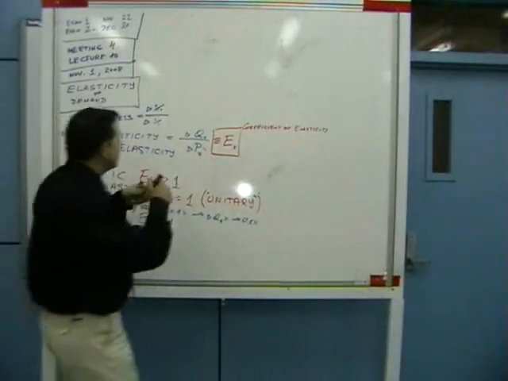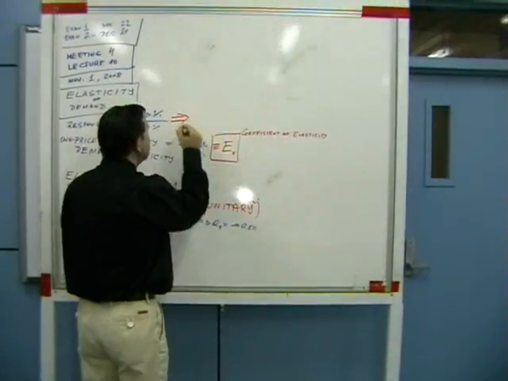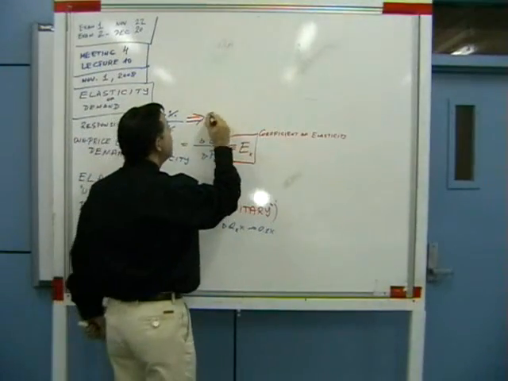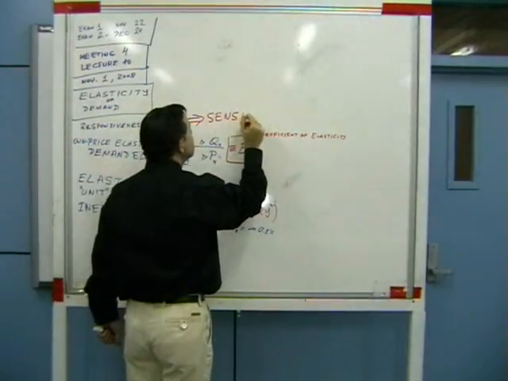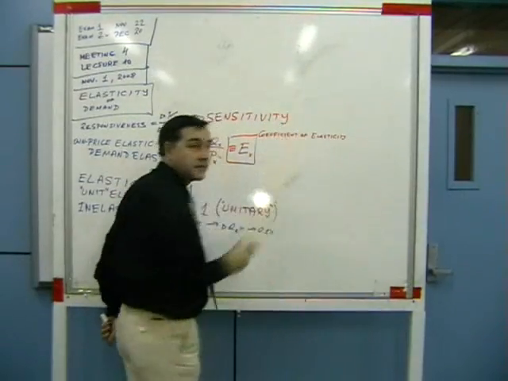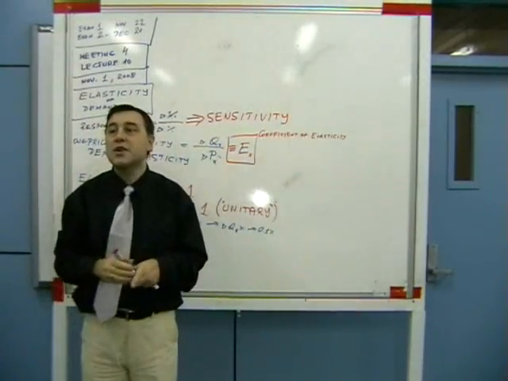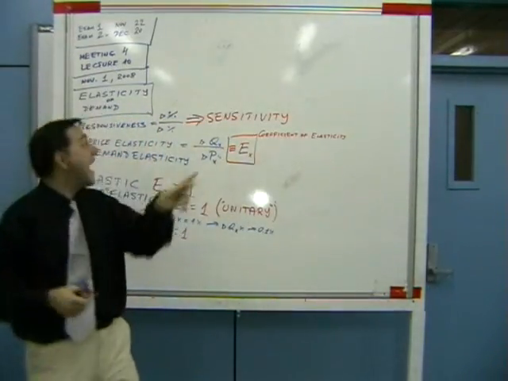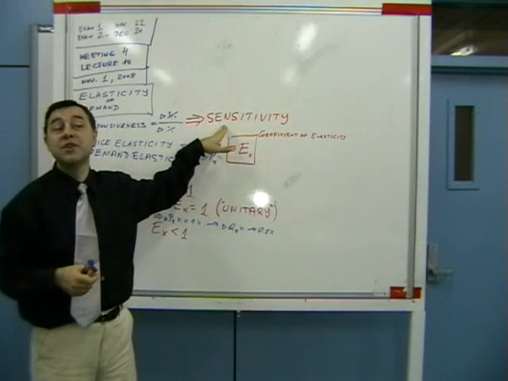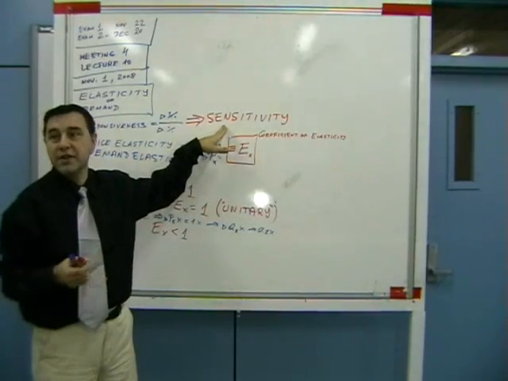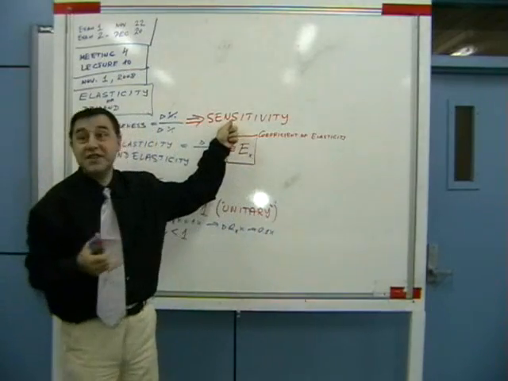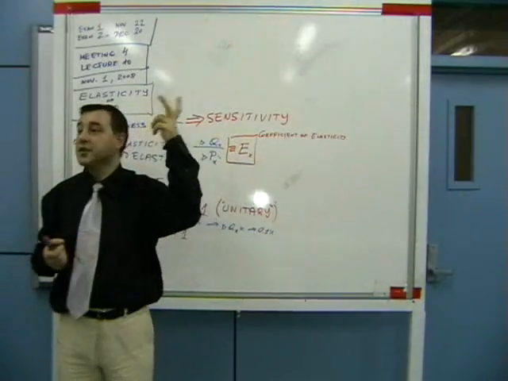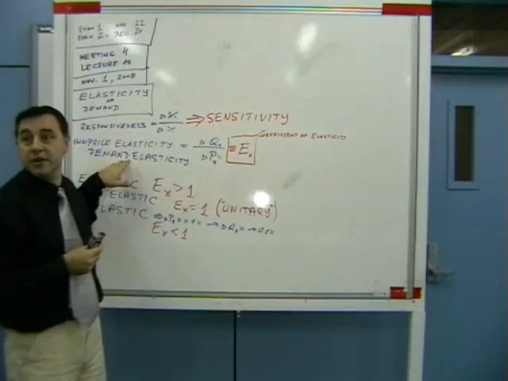So, responsiveness, and let's provide the concept of responsiveness also in business is best known as sensitivity. In other words, it simply tells you how sensitive consumers are to price changes. All right? That's what it is. This is the interpretation. These two are the common interpretations, but in economics, just call it elasticity.